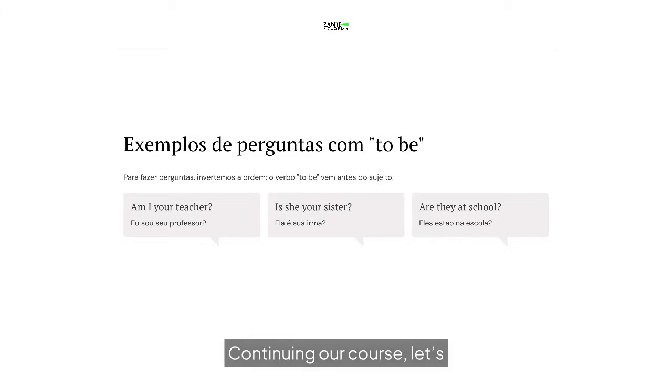Continuing our course, let's explore how to form questions using the verb to be. This is a vital skill as asking questions helps us gather information and engage in conversations. Just like we learned how to create affirmative and negative sentences, now we'll see how to flip the structure around to ask questions effectively. To form a question with to be, we simply invert the order of the verb and